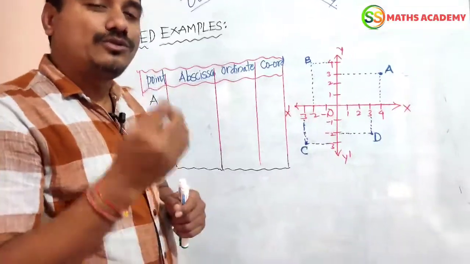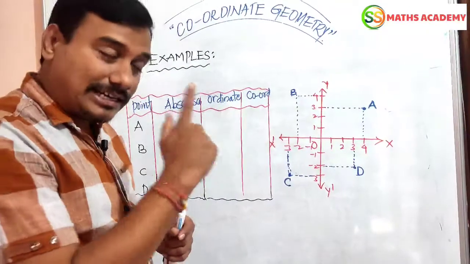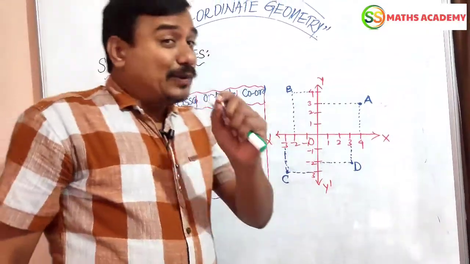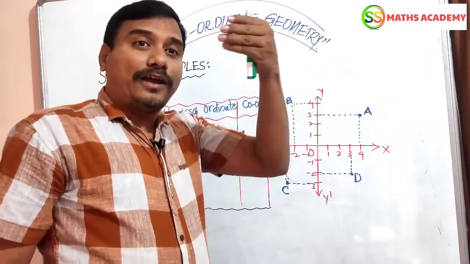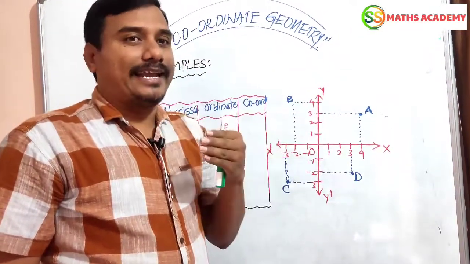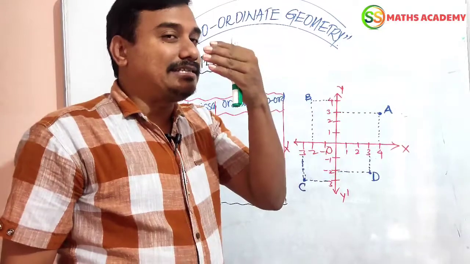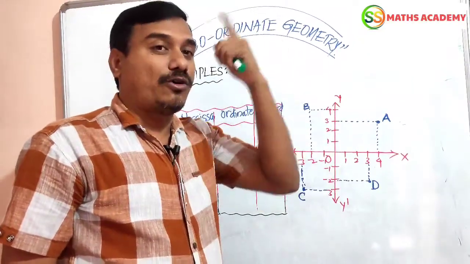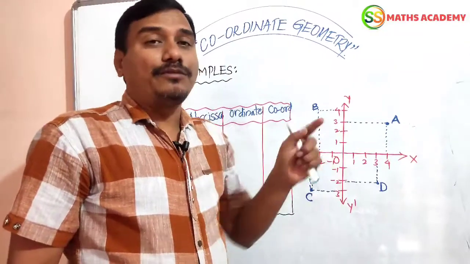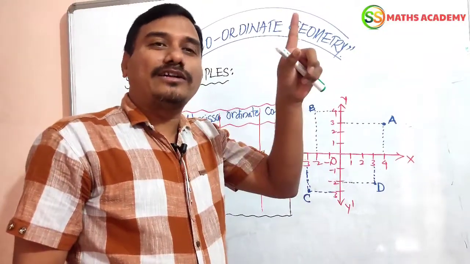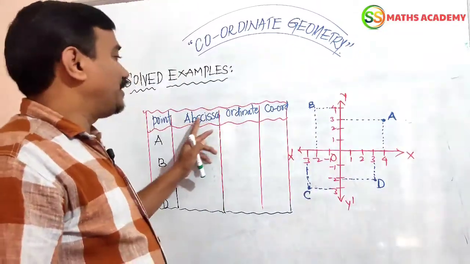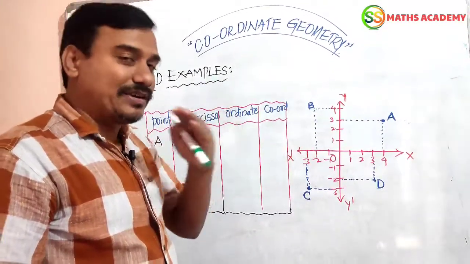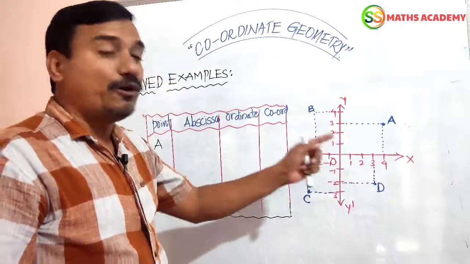In what way we have to do? In the easiest manner I am going to explain. Let us see both sides. Yes, already I told you, a point in a Cartesian plane: the distance of the point from the y-axis is called x-coordinate, and from the x-axis is called y-coordinate. Both are called abscissa and ordinate, as you know very well from our previous video, right? Let us apply the concept here.